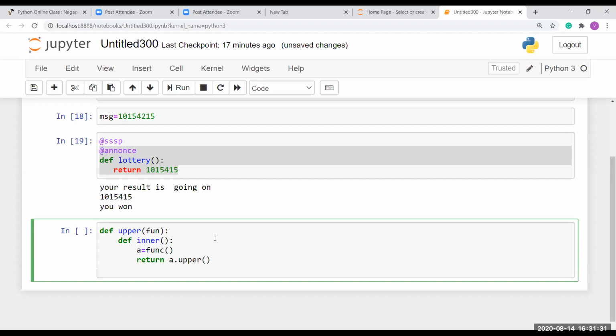So now it returns the uppercase form of a. Then here I need to return the inner function. Okay, because you need to give two functions in your decorator, while using some arithmetics and whatever logic you want to do.